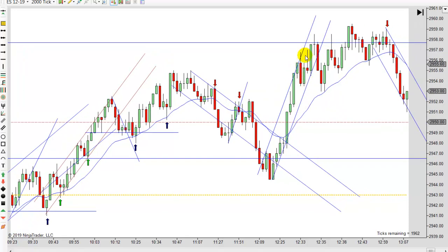You get a first entry, and then you get a second entry short, and now you got to go long right into the highs. Never a good thing. There is a lower high here, and there is a break and lower high, but we don't have a higher high yet. So you may get that second leg up, and guess what? If you went short right there,